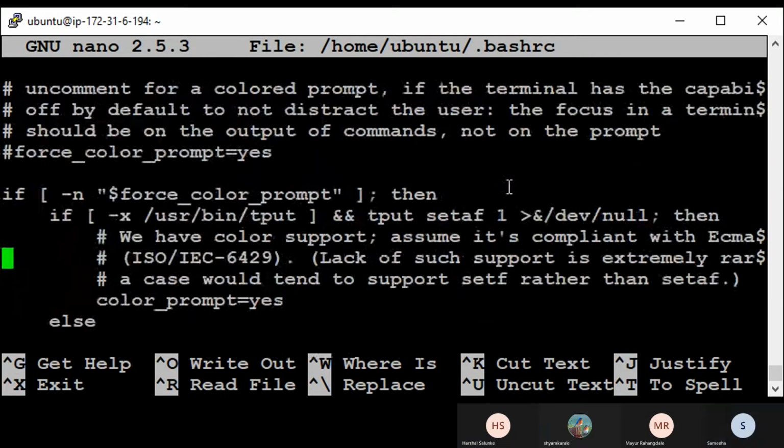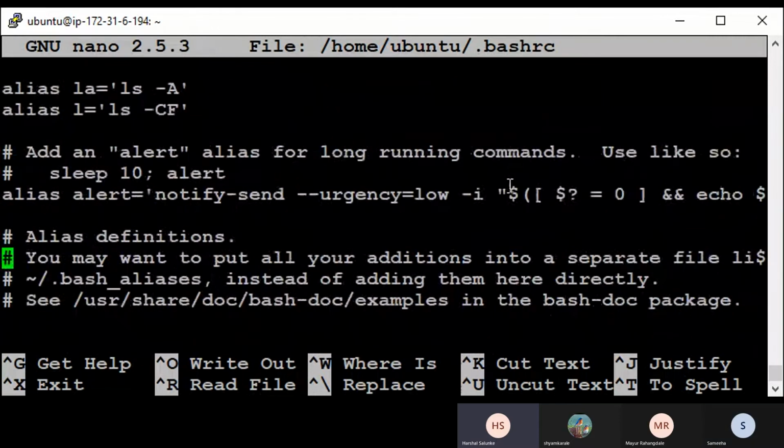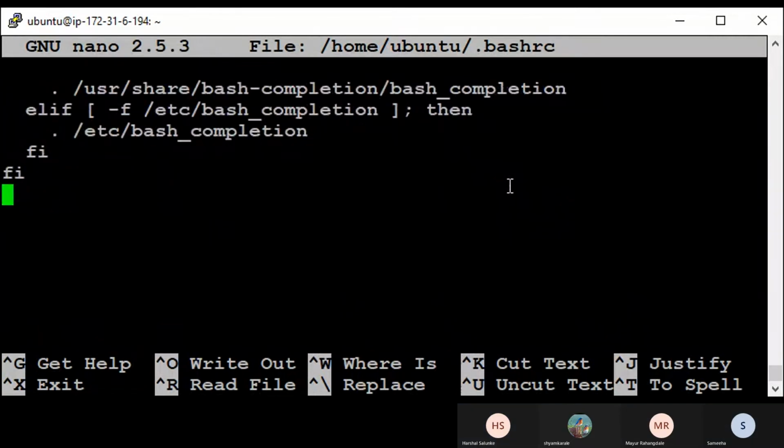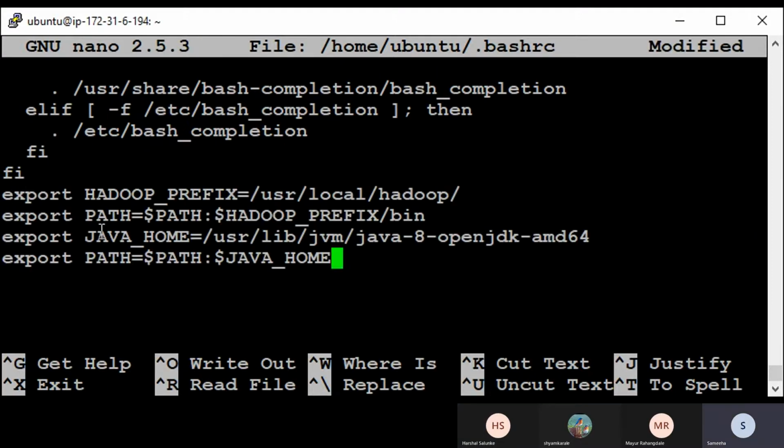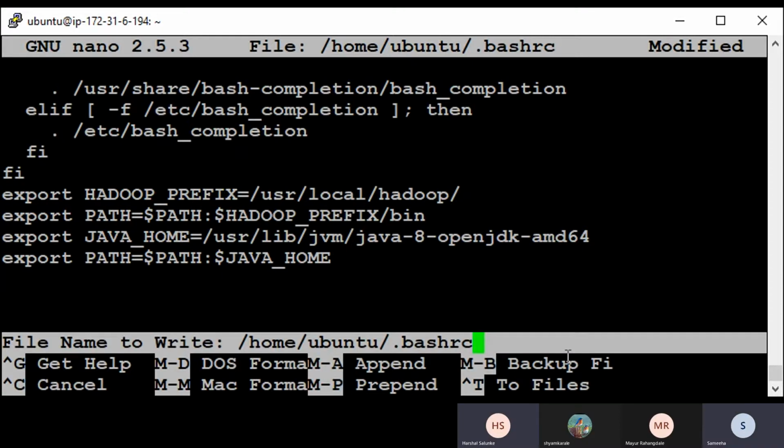Yes, we set up the Bash environment here, because Bash is our default command prompt. So here we are giving the Hadoop prefix path to our Hadoop. Then JAVA_HOME is the path for our OpenJDK Java. Take care that everywhere it is Java.